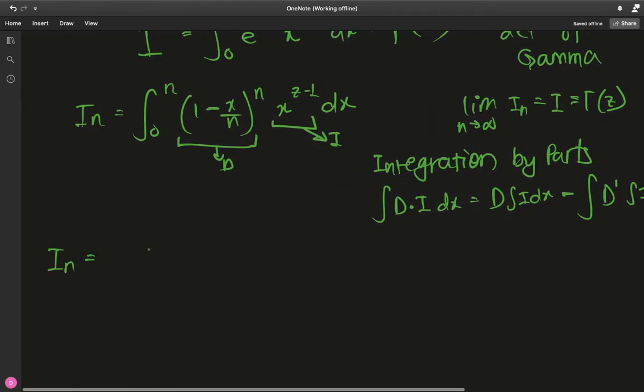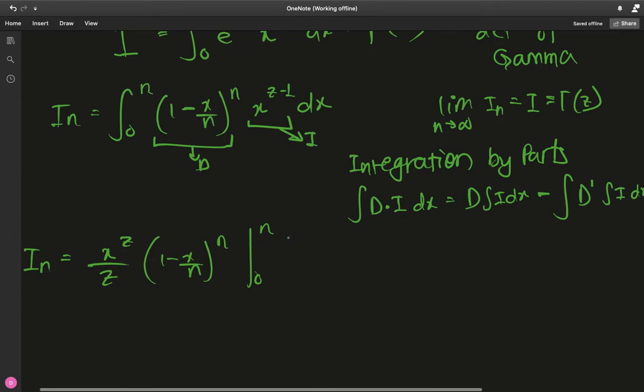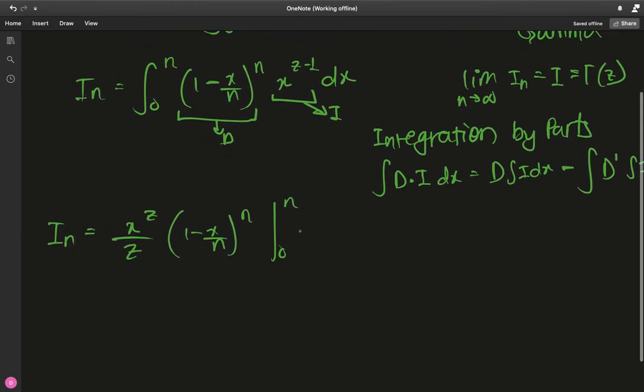So I sub n will be, well, we need to integrate this. So on integration this will be x to the z divided by z. Then this term as it is, 1 minus x over n to the n, evaluated from 0 to n because it's a definite integral, minus integral from 0 to n of x to the z over z just remains the same, and we have